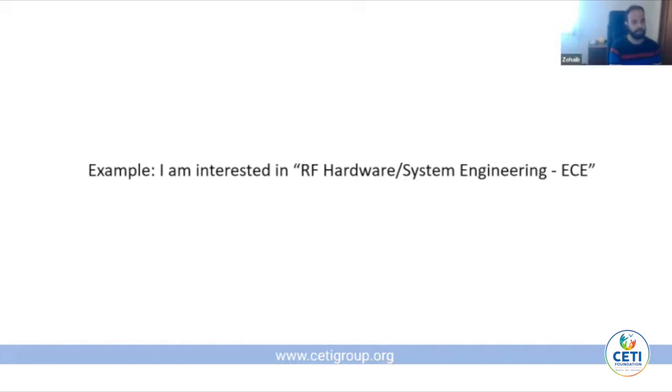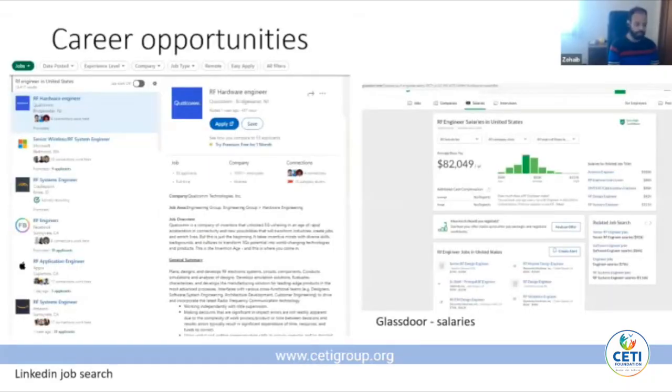When I was in undergraduate, I had great interest in analog design, CMOS designing and circuit designing, and so at that point, in my example, I'm interested in RF engineering or RF hardware design in terms of ECE. So the first thing I'll do is, there are a lot of things you can look into. First thing is LinkedIn, and based on our CETI mentoring sessions, we have had lots of sessions on LinkedIn profiles and how to make your resumes and all those things. So using LinkedIn for job search